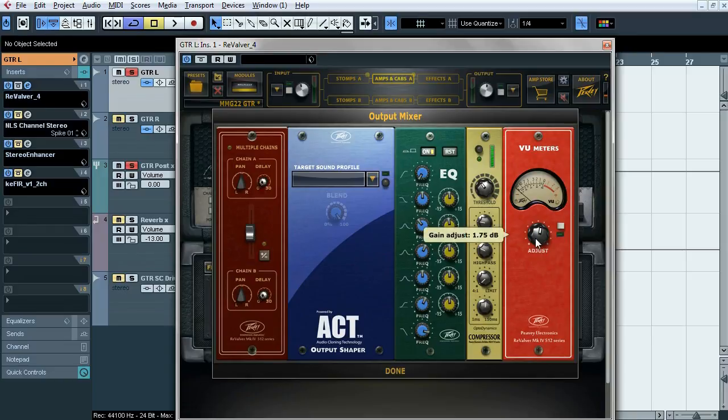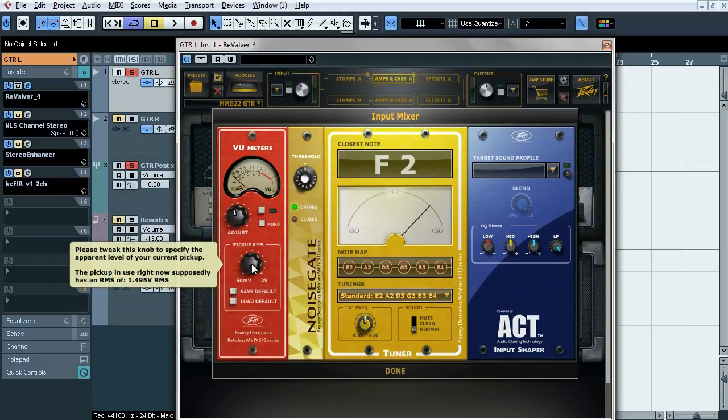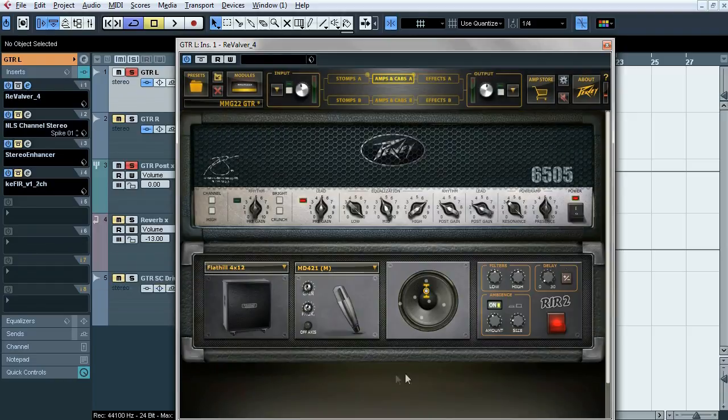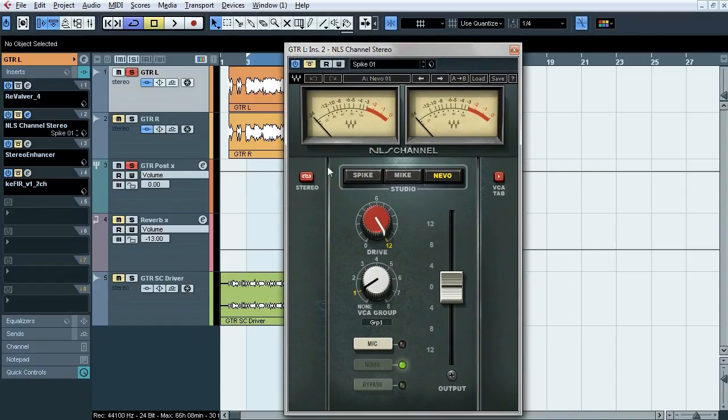And gain compensation. Speaking of the input mixer, here's the settings. After Revolver I use NLS with stereo mode and maximum drive. Because of such a huge impact to the sound, it's critical to use the same Navo 1 preset, otherwise you can